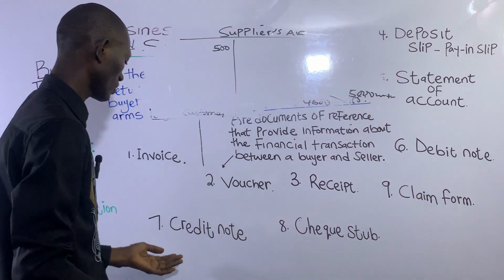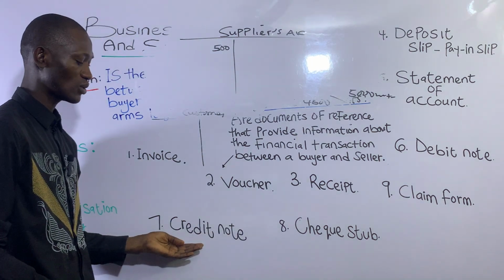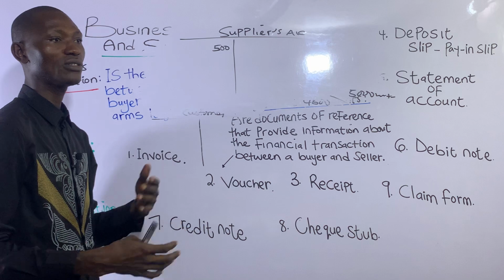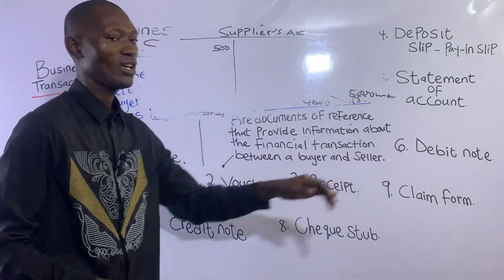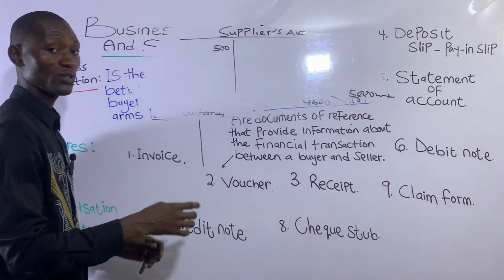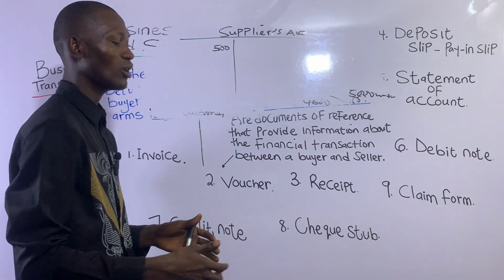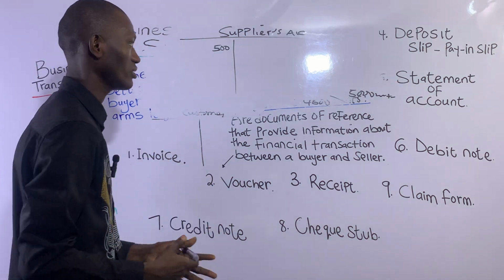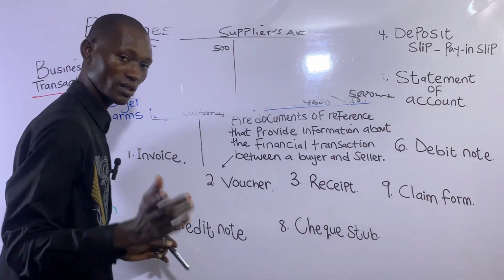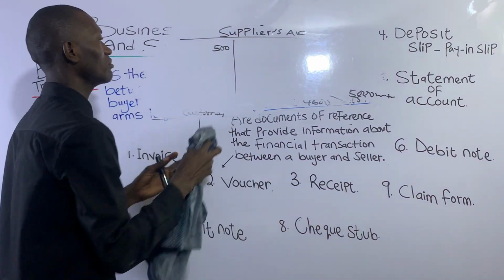Then 7, the next one, credit notes. A credit note is the opposite of a debit note. And most times it is often used to correct an error of overcharge. Error of overcharge means